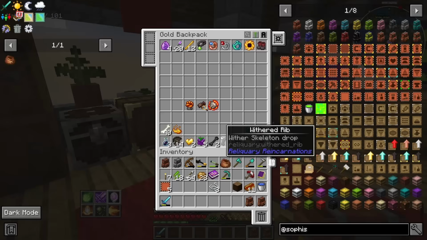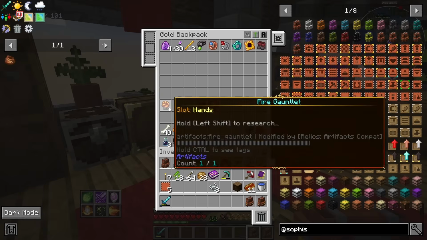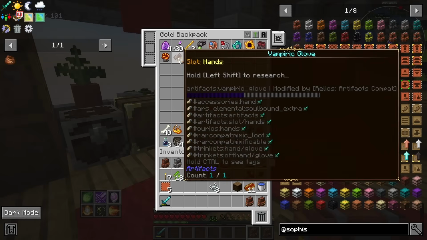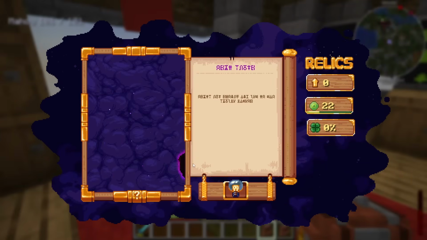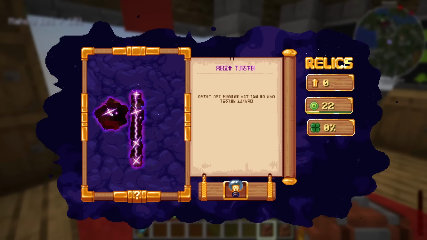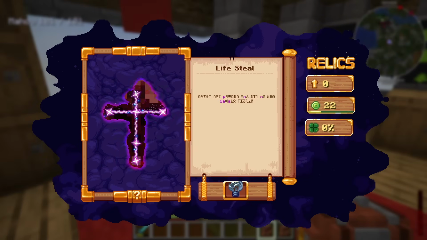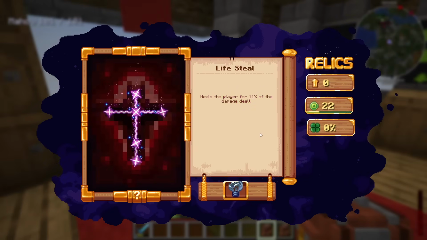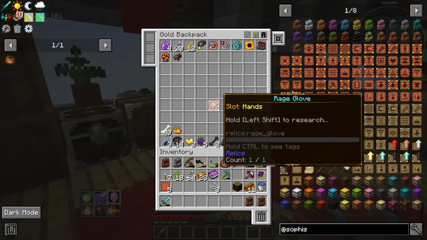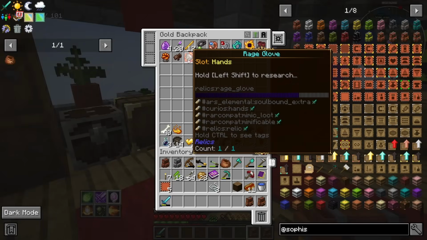Now, basically, you punch, and every once in a while, your punch will send out fire shots, basically what it sounds like. Is the vampiric glove different now, too? Okay, it was a cross. Nope, that's still just 11% lifesteal. That's really good. And the Rage Glove...